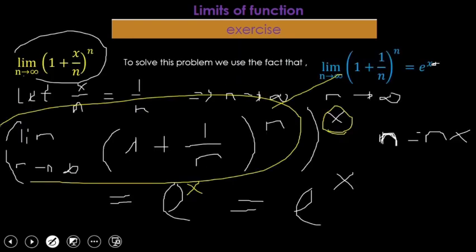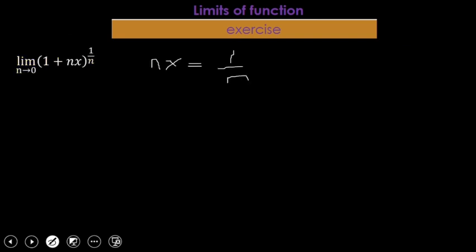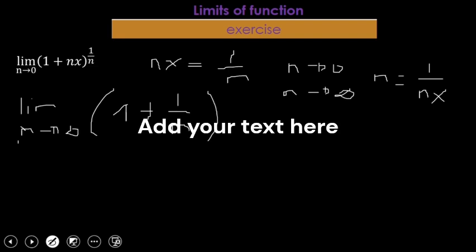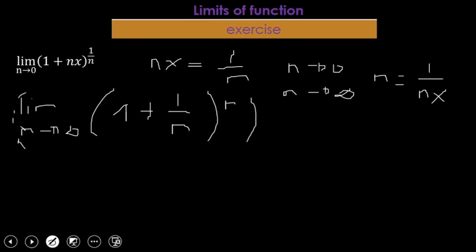That is our purpose. Okay. Therefore as n tends to 0, m tends to infinity. Since m is equals to what? 1 all over nx. 1 over 0 is infinity. Okay, m tends to infinity of 1 plus 1 all over m to the power what? What is n? 1 over n is equals to mx. Yes, m all that times x. The answer will be equals to e to the